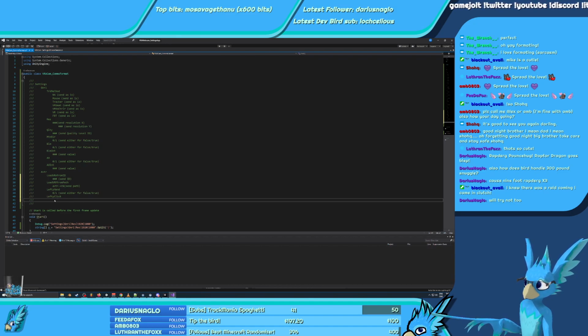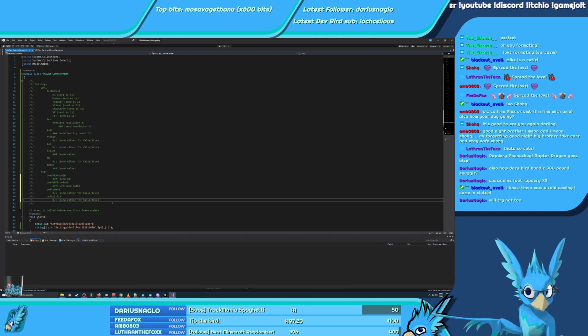I don't need to send this VRM, that's gonna be handled by the avatar app. Last VRM path, same.